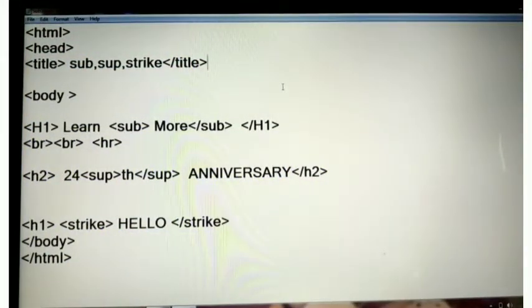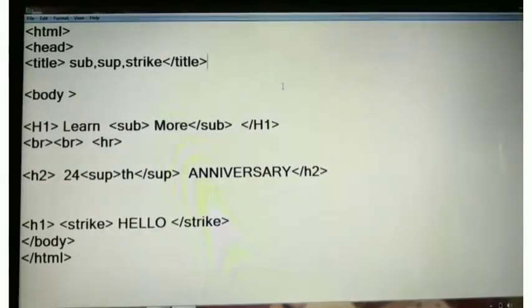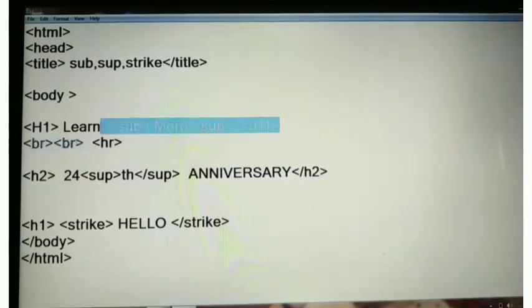They are subscript, superscript and strike through elements. The subscript element is used to display the enclosed text in a subscript format. Subscript format means the text enclosed will be displayed below the level of that line of text. SUB element is used to make the text as subscript.